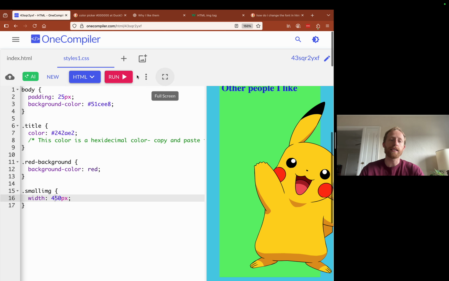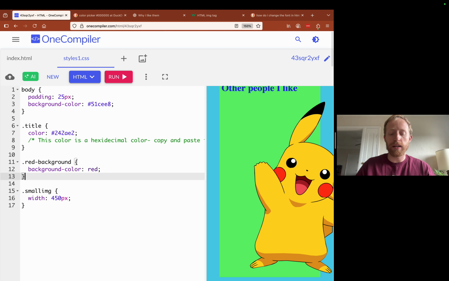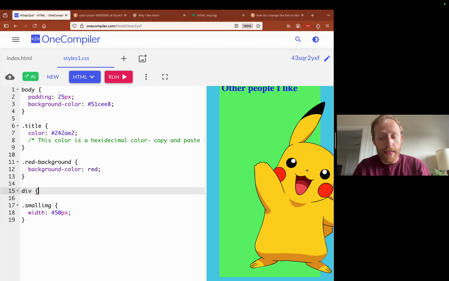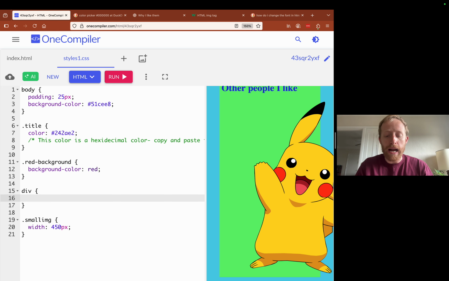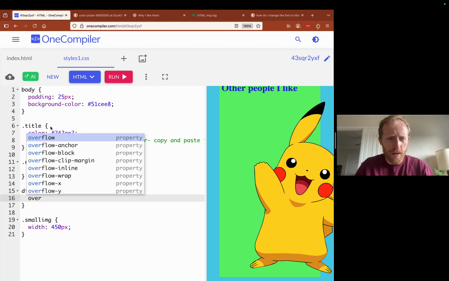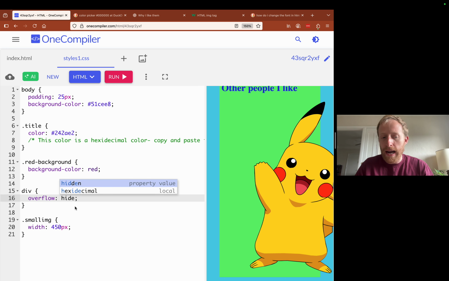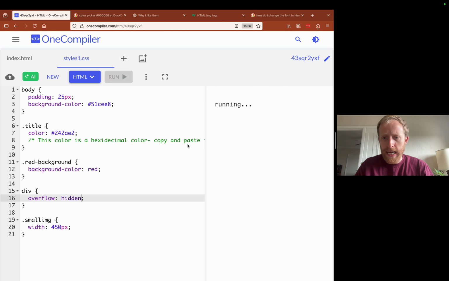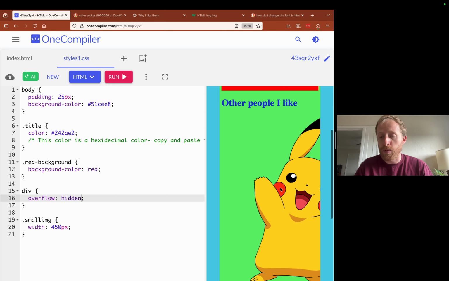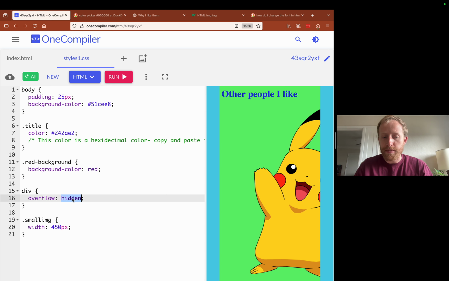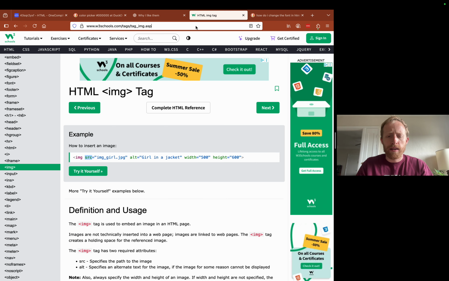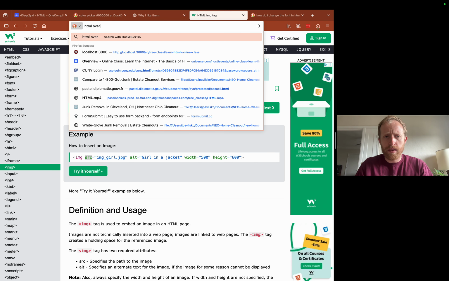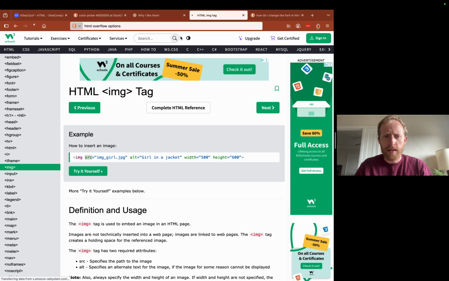Yeah, so that's a good question. Again, that's something that you Google, right? But what you could do is, I think it's overflow. You can say overflow hidden. So now here, boom, now it's cut off. So that's one option. There are various options for overflow, and I can't actually remember what they all are. So HTML overflow options.